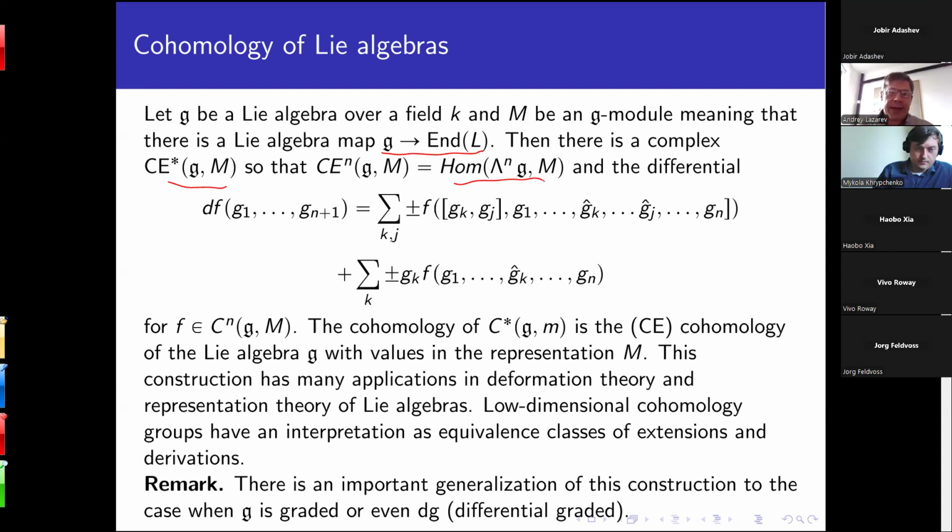Okay, so that's the group of nth cochains, and the differential is given by the familiar formula, which is written here. And I allowed myself not to specify the signs, which are well known and could be derived from the Koszul